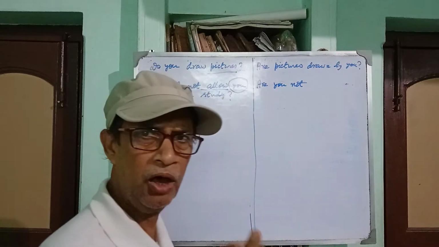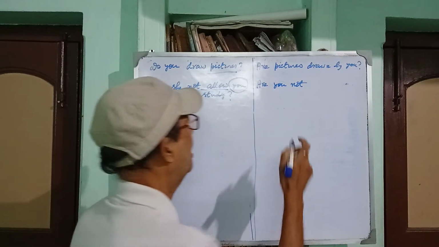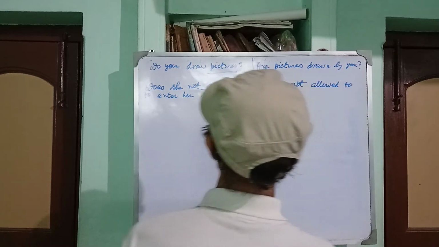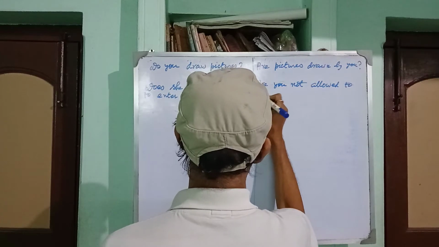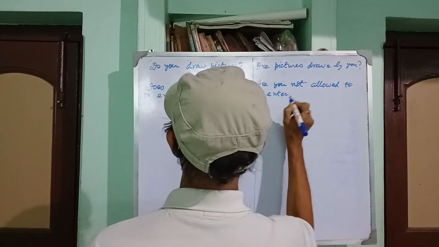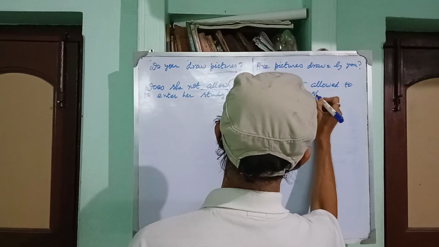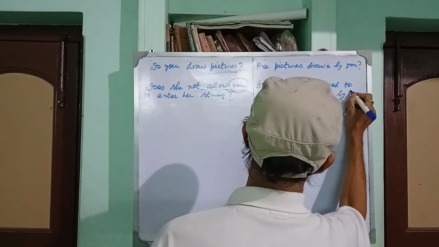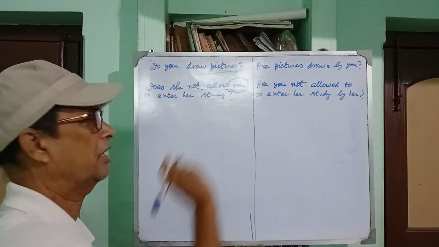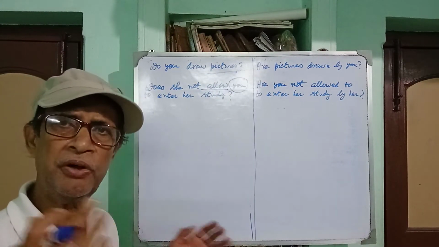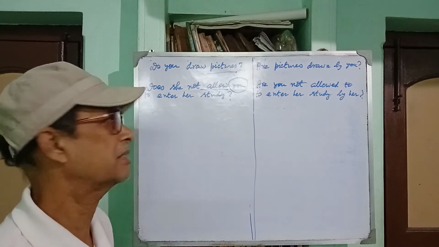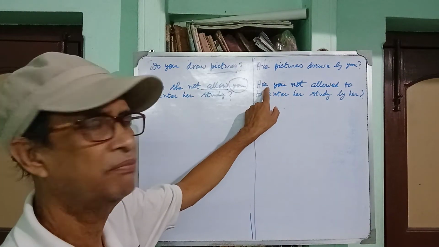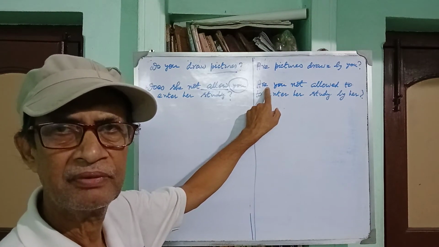Are you not allowed to enter her study by her? She is the subject and her is the object. So the theories are the same, but as it is an interrogative sentence, the auxiliary verb must precede the subject in